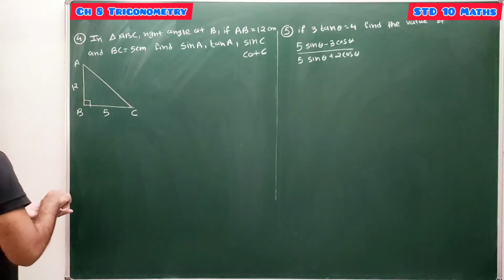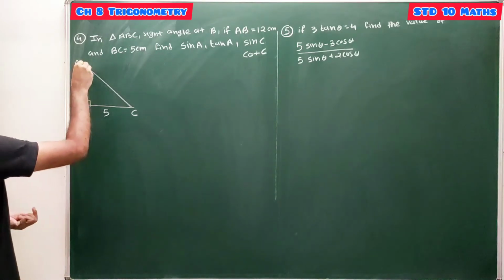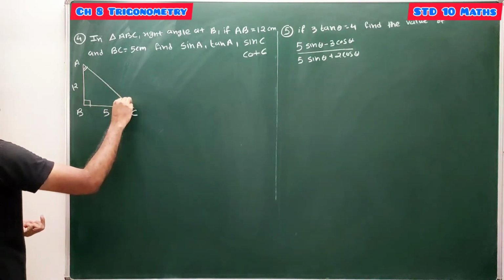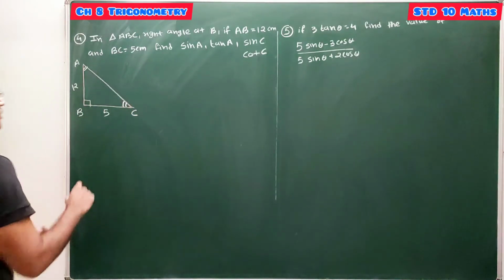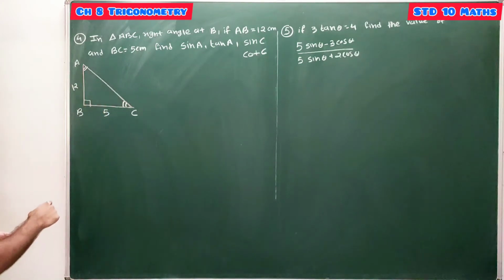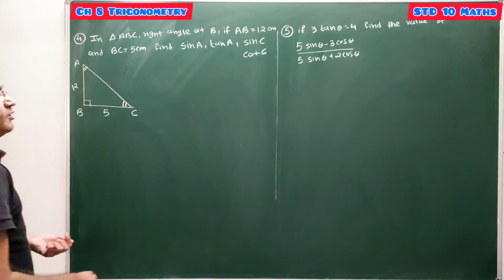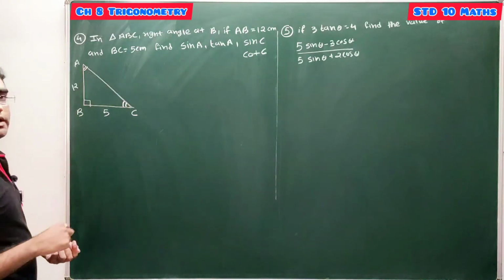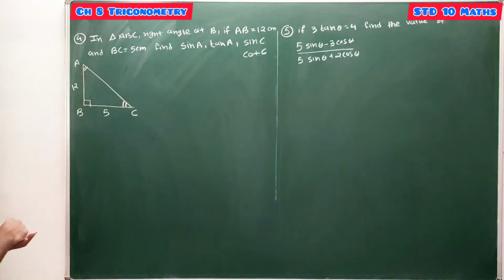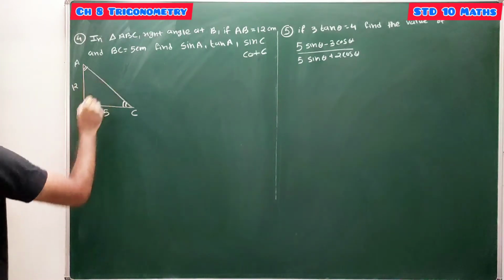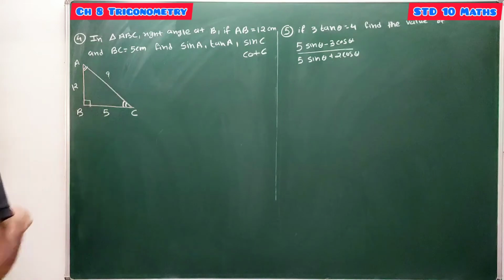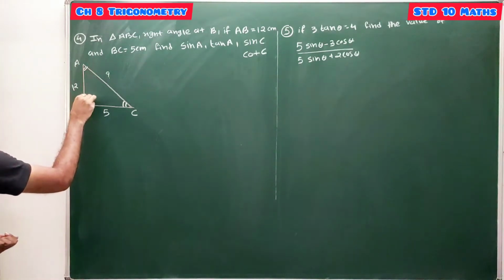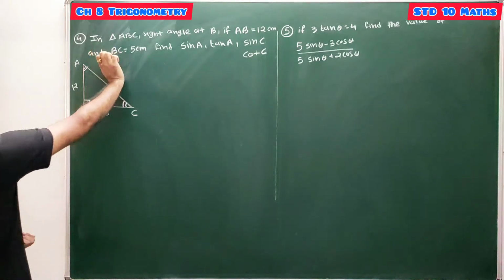So you have to find the trigonometric ratios for these both acute angles. And we can find all 6 trigonometric ratios for these both acute angles. Out of that 6 plus 6, 12 trigonometric ratios, you have to find these 4 trigonometric ratios. You can find all 12 trigonometric ratios. Clear? So to find the trigonometric ratio, we require length of all 3 sides. Here length of one side is missing, and that side is hypotenuse of this right angle triangle, and that can be found by using Pythagoras theorem.